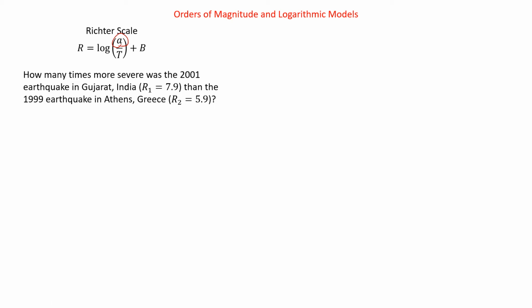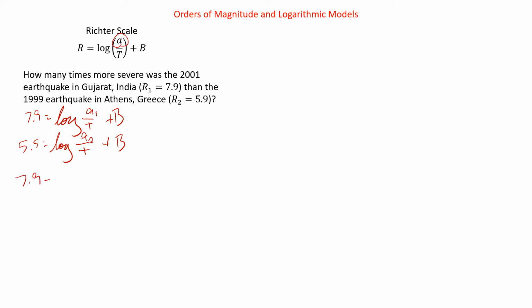So we can set these up. We have a 7.9 is going to be the log of A1 over T plus B, and a 5.9 is going to be the log of A2 over T plus B. We're going to assume that the T and the B were the same in this case, which is a general assumption to make. Now, if we subtract these two things,